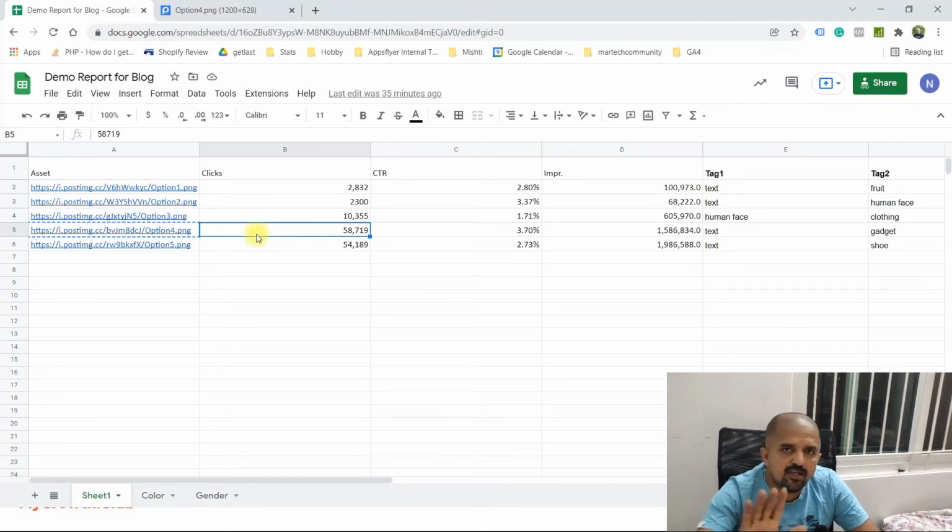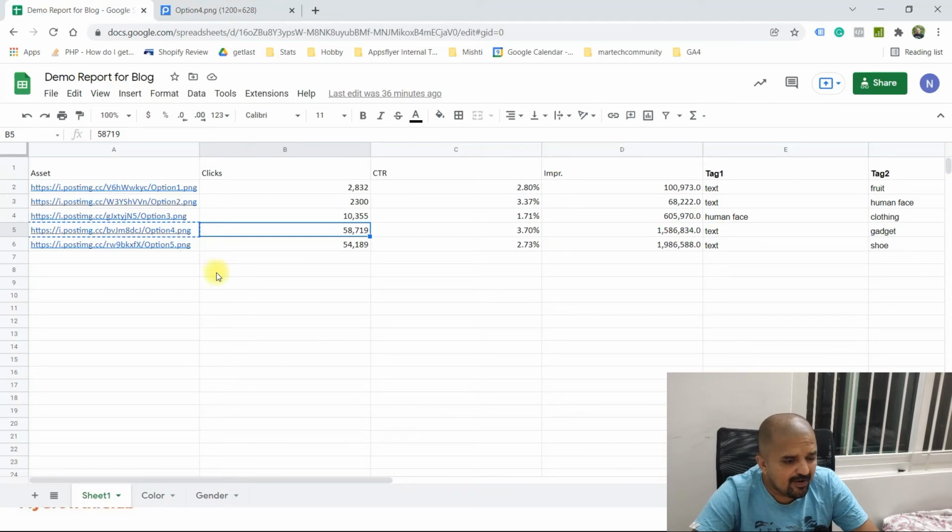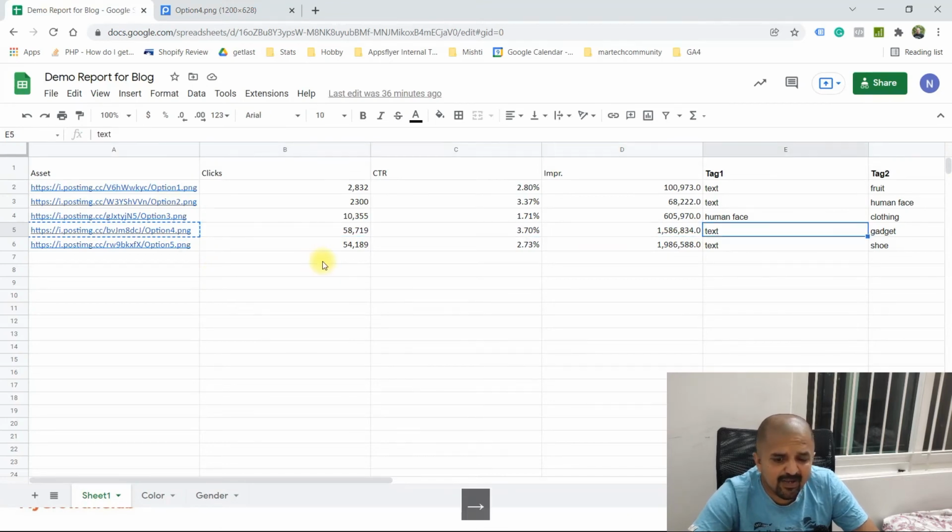After checking out 3 images, I think this should have given you enough confidence about what we are doing and how accurate the results are. But either way, let's look at another example, image 4. I have image 4 opened here. This is basically a mobile phone on some woody background with, on the right hand side, yellow with black text. Now let's see what Microsoft Vision API has returned about this image.